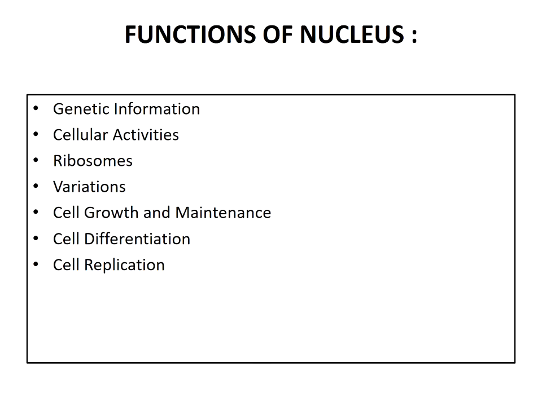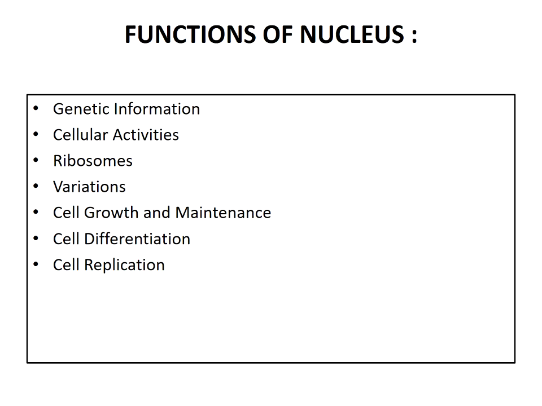Now let us move on to the functions of the nucleus. The first function is genetic information. The chromatin part of a nucleus possesses all genetic information that is required for growth and development of organisms and its reproduction, metabolism and behavior. The second one is cellular activities, that is the nucleus controls all cell metabolism and other activities through the formation of RNA, which controls the synthesis of particular types of enzymes.